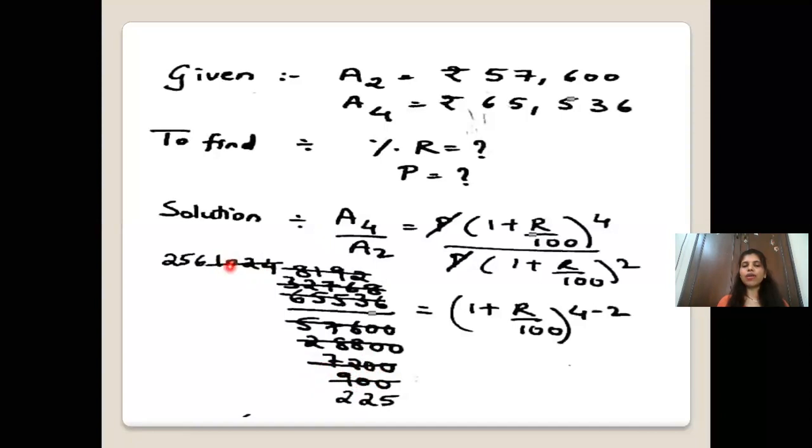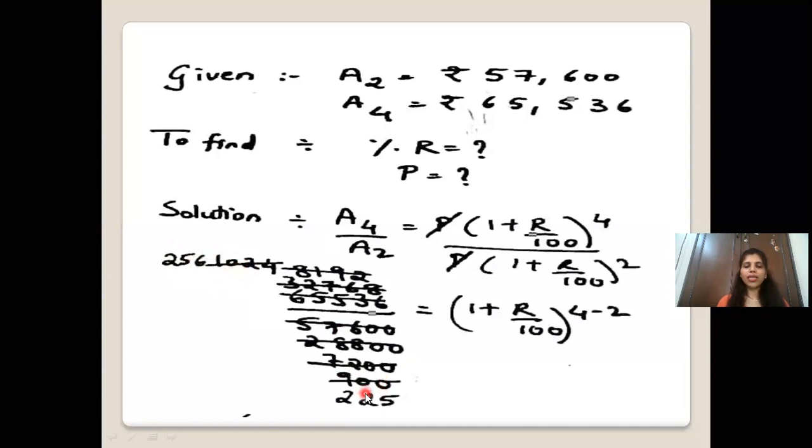Now you can further divide 1024 and 900 with 2. So again, you divide it with 2, or you can divide it directly with 4 because both the numbers are divisible by 4. As you can see over here, it is 24, so it is divisible by 4, and here it is 0, 0. So I divide both the numbers with 4. So 4 twos are 8, 2 carry over, 4 fives are 20, 2 carry over, 4 6s are 24.